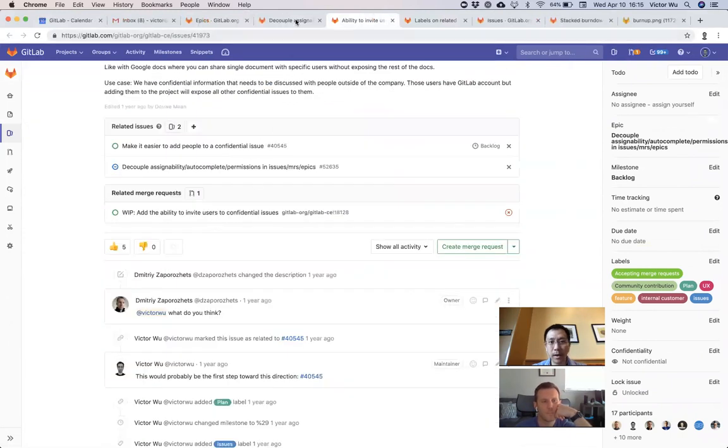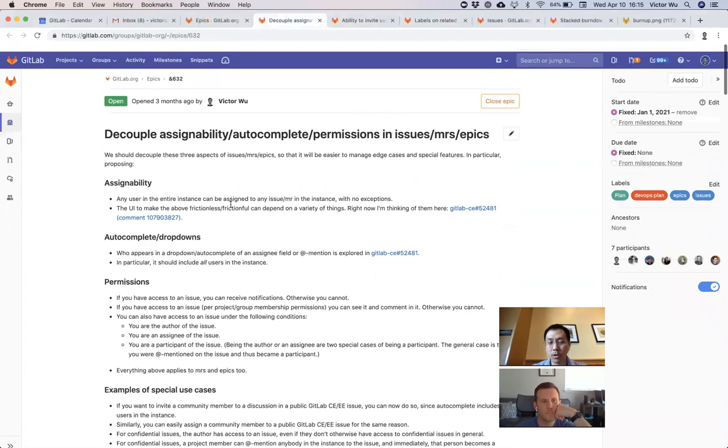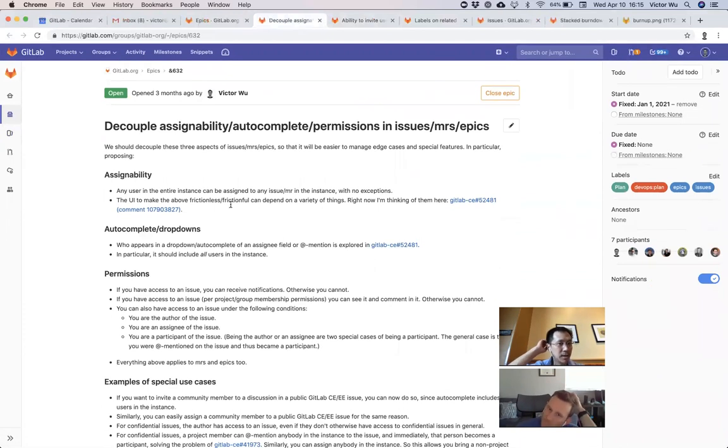But if I have my design here, which Sean and Dimitri do agree with, then you don't have to worry about this. The concept is that you can assign anybody to any issue, even though they're Joe Schmo and they don't belong to the project. But the moment that they're assigned, they can see everything in the issue. So you have that. That's why I call it decoupling, because you've decoupled permissions of viewing the issue from